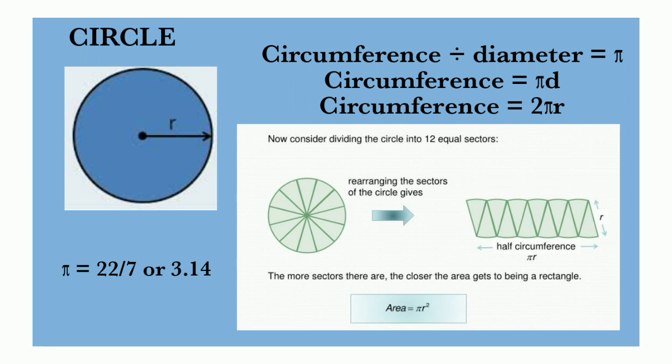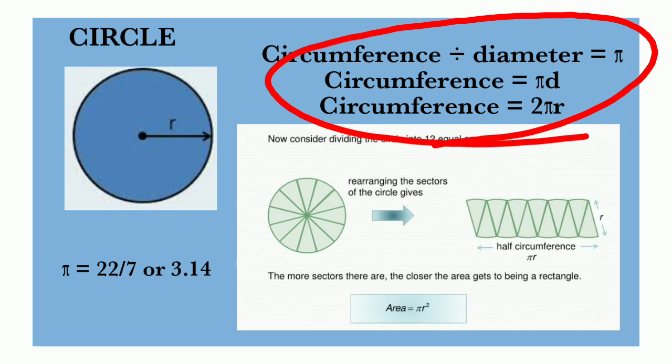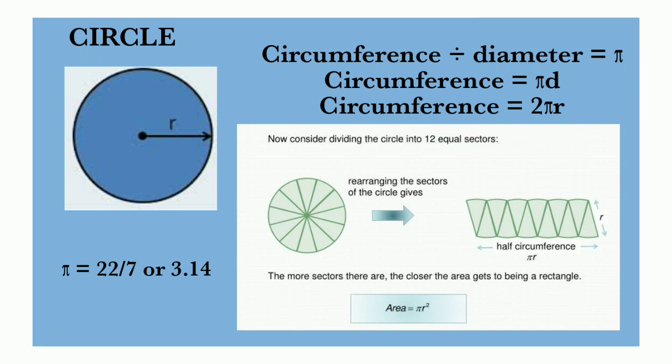You take any circle, small or large, and find out the circumference using thread or any other way, and divide the circumference by its diameter. Diameter means a line drawn through the center. That distance is called a diameter. So circumference divided by diameter, you will get a fixed value every time. That value is known as pi. Then we can write circumference is equal to pi into d, where d means diameter. That is, circumference divided by diameter is equal to pi. Circumference is equal to pi into d.